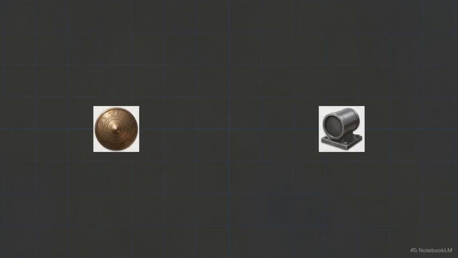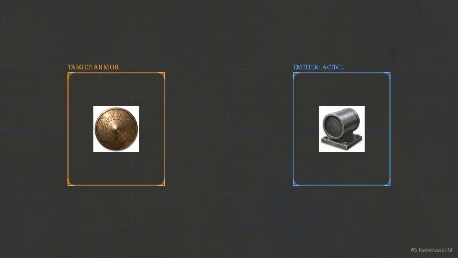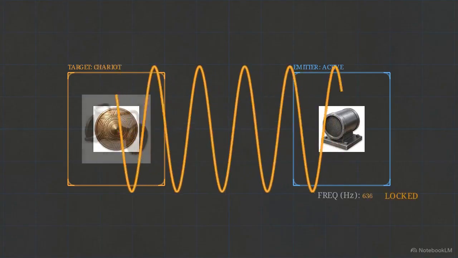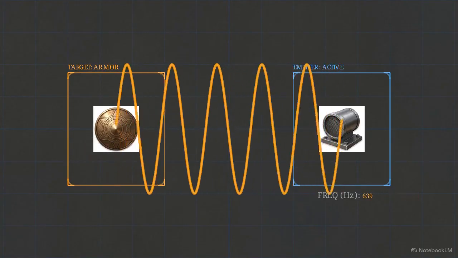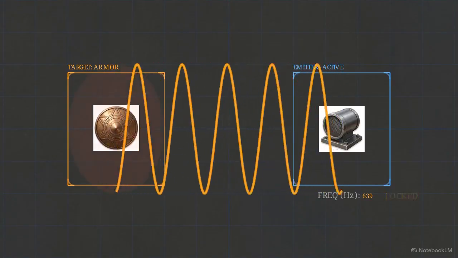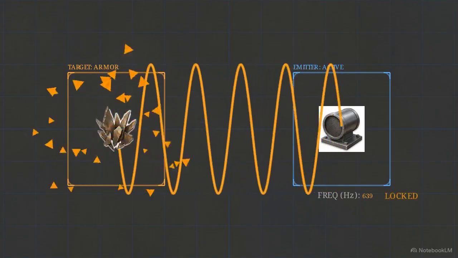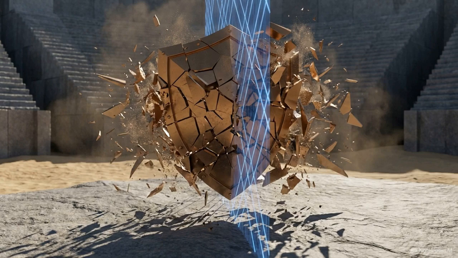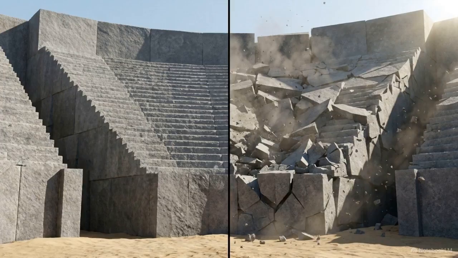This animated diagram illustrates the combat application. An acoustic engineer could calculate the natural resonant frequency of an enemy's chariot, their bronze armor, or even their skeletal structure, and direct an amplified acoustic blast perfectly matched to that frequency. By mastering destructive resonance, an ancient warrior could instantly pulverize a target. Sonic engineering provided a terrifying dual-use technology capable of both building monuments and destroying armies.